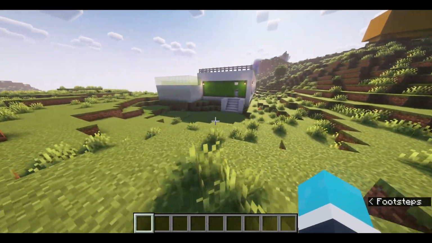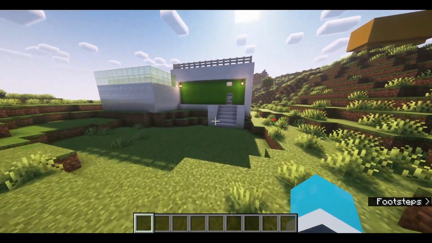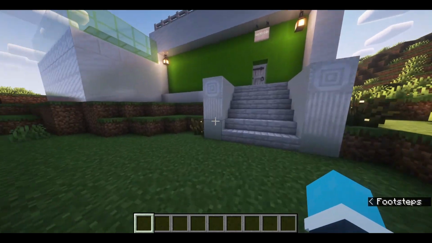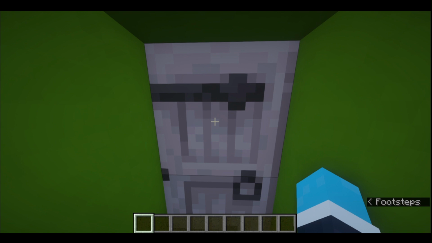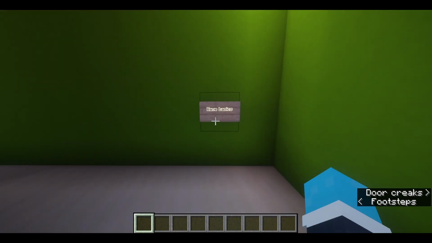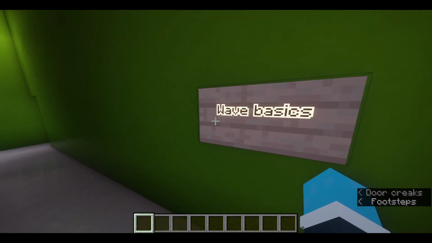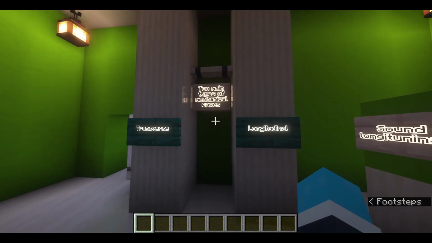Well, if you thought you had it easy with a free pass straight to being a hacker in sound waves, you're wrong. We've got to start with the noob levels, aka wave basics. Now, the most basic thing we can start with is the two main types of mechanical waves: